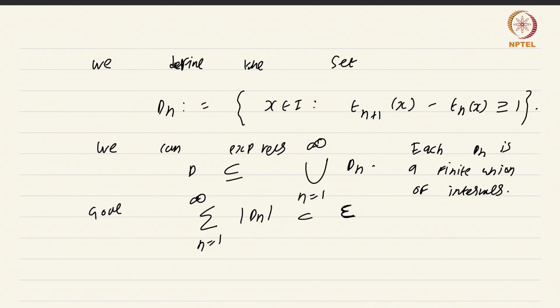Okay, simply because T_{n+1} and T_n are both step functions and we are simply measuring those points. We are simply putting together in a set those points where T_{n+1} jumps ahead of T_n. What you do is you look at a partition, a common refinement of the partition with respect to which T_{n+1} and T_n are step functions. You look at a common refinement and you will notice that the jumps will always have to occur on a finite union of intervals.